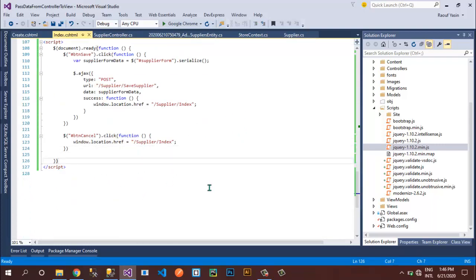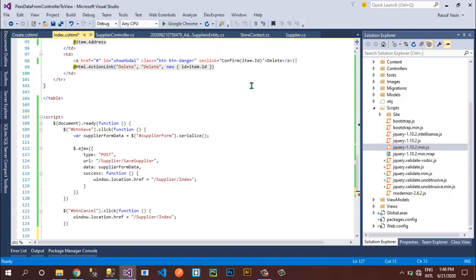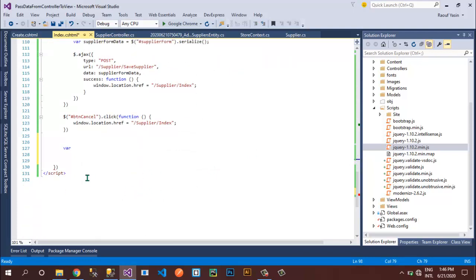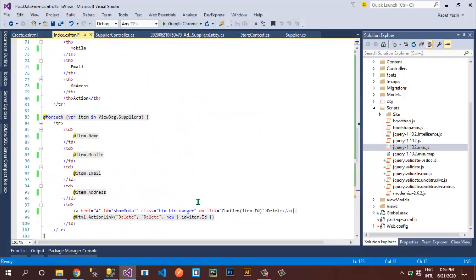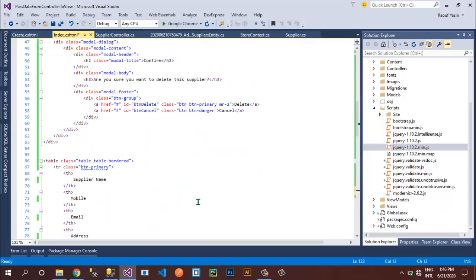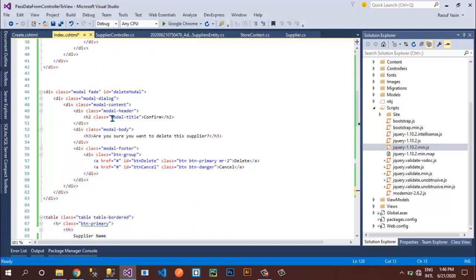So over here I will create var confirm, and I'll define my new function. Let's say I want to show my modal. Okay, so where is my modal? We have this delete modal, and I want to show this one.